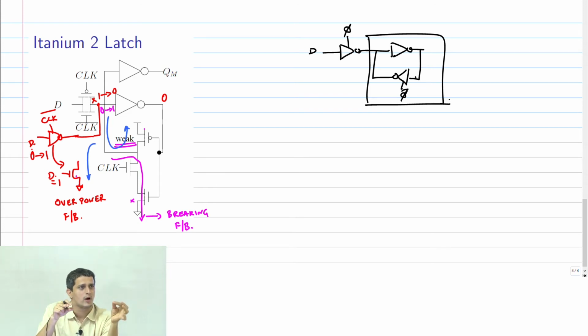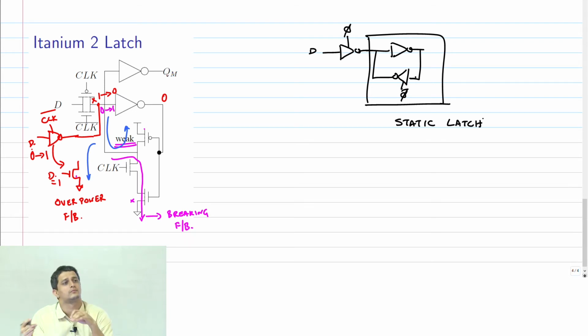If there's a 0 at the input here, the output will be 1. That output will drive the 0, and this feedback will hold it steadily as long as the power supply is on. Therefore, this is known as a static latch. Just like we did static CMOS and dynamic logic in combinational circuits, you also have the corresponding static latches and dynamic latches in sequential circuits.